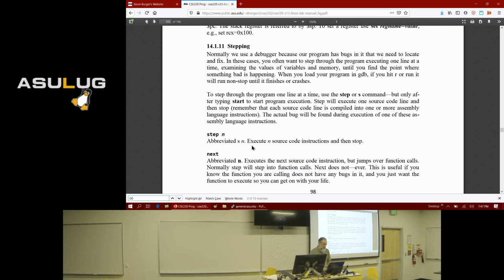Now, when you are stepping, if I have a line of code and then a function call, I'll do this line, then I step again and it'll do that line, and then I step again, which is the function call. It'll transfer me to the function, and then I can step through the function one line at a time.